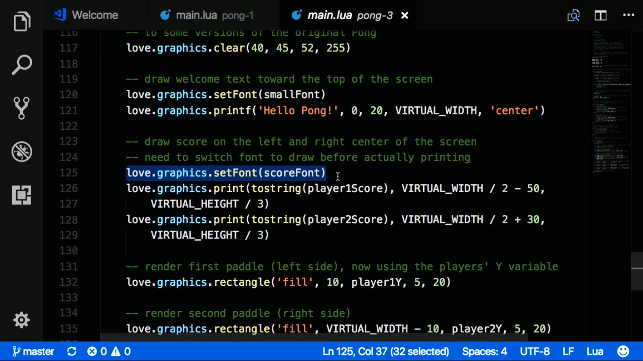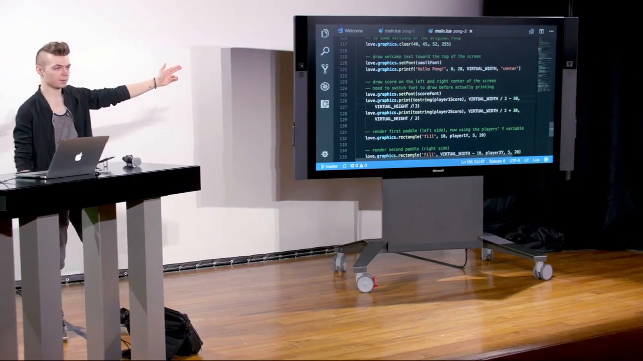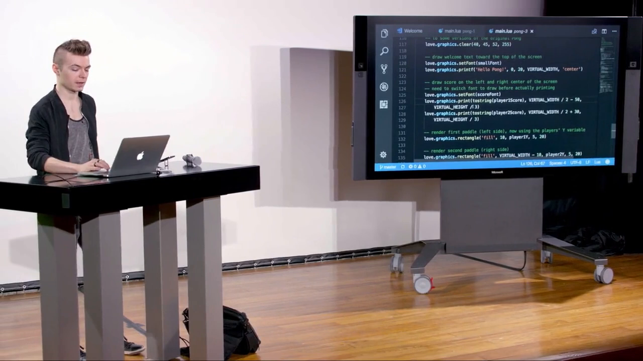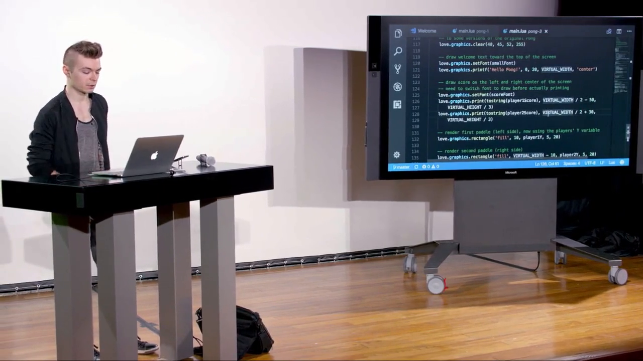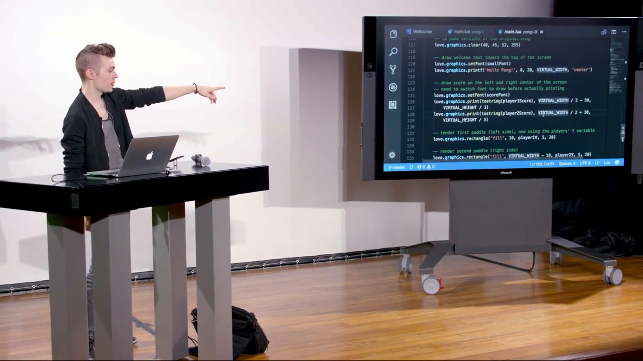use just whatever the last font was, which by default is the 8-pixel font, because we set that up top in our program. We want to set it to the score font, and then we want to call love.graphics.print. In this case, I'm just printing them in concrete places, not using printf. Virtual width divided by 2 minus 50. So no matter how we scale our window, it's always going to be 50 pixels to the left of the center of the window, and 30 pixels to the right of the center of the window if we're rendering